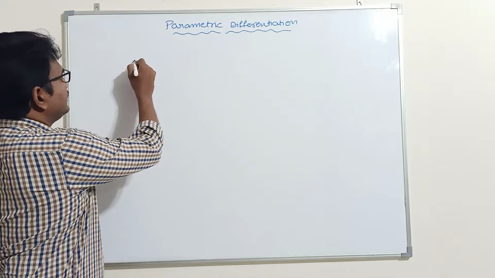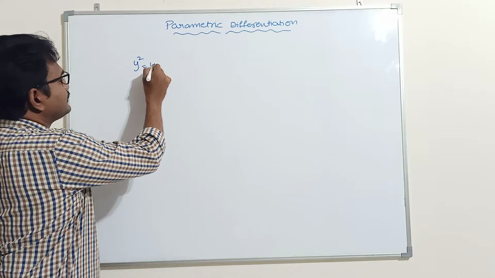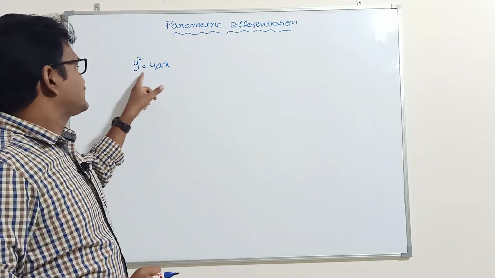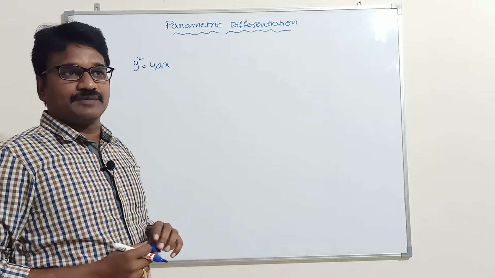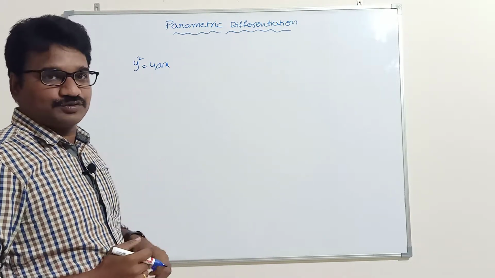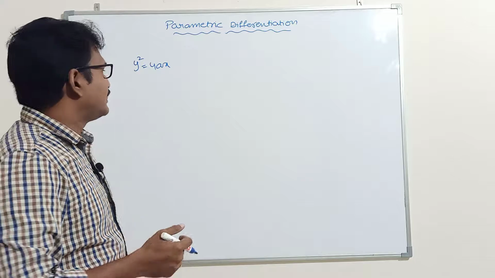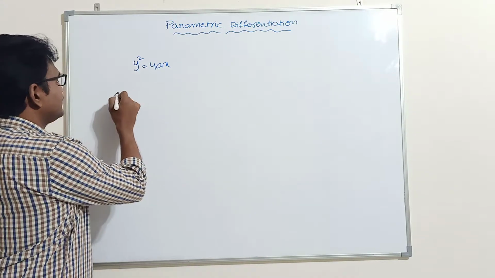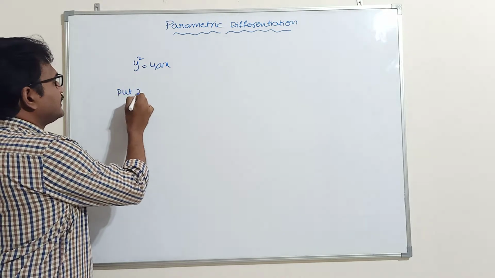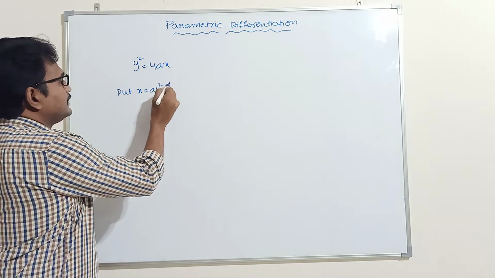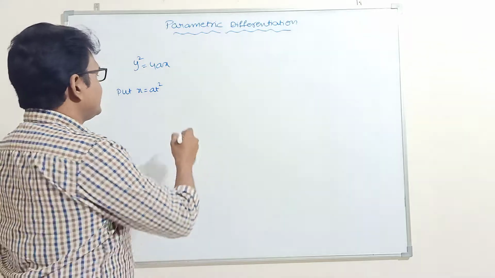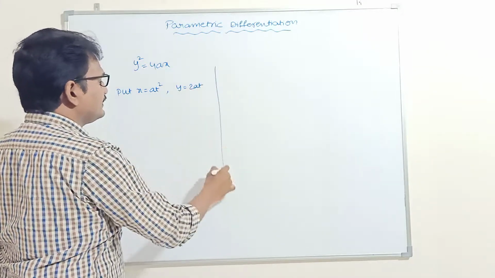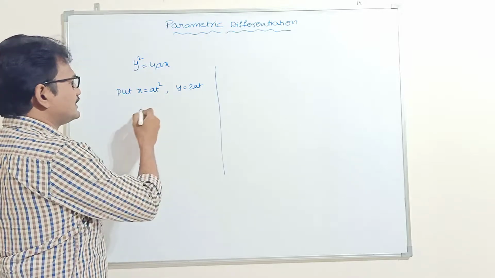Suppose you take the equation of a parabola, y square is equal to 4ax. Here x and y are variables. Now I am connecting these two variables by using a third variable. How to connect these two equations? By using a third variable: in the place of x, if I replace x with at square and y with 2at,